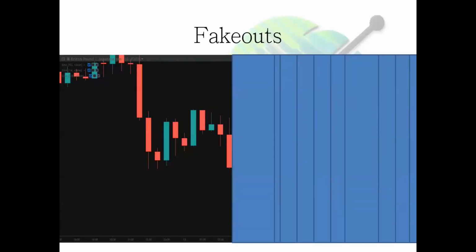Let's see, how can I make this work? Okay, we got fake outs here. So what's happening here is, real quick, we have a support down here, and we have this bearish candle. Now this candle has no wick to the bottom. When candles have no wicks to the bottom, that generally means there's no range for the next candle to continue